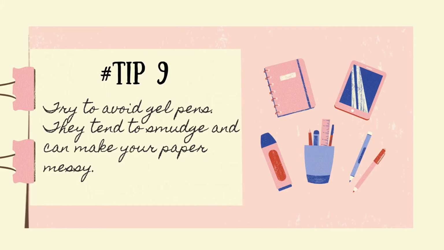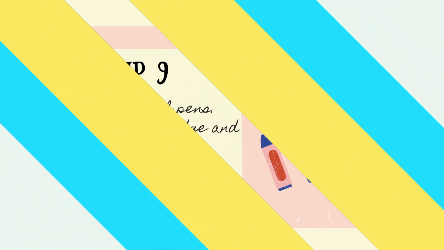So what you can do is start practicing with ball pens or fountain pens. And gel pens, I think you should try to avoid them. But if you can handle gel pens and you don't smudge the markings of the gel pen, then it's good for you. You can always use gel pens. But for a beginner like me, or for a person who is not well versed with gel pens, you can avoid gel pens and try to practice with a ball pen or any other type of pen. So let us move on to the final tip, that is tip number 10.